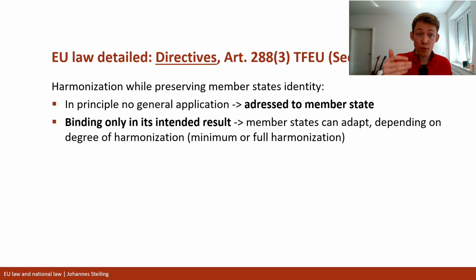So you have to achieve the result that the directive gives you, but the member states can decide how they implement it into national law, through which legal act, and how, what they allow for harmonization. If the EU law act is maybe only minimally harmonizing, they can give a higher standard of protection. And basically they have more control because they make an act of national legislation, like a law, and they have obviously more control on how that looks, how it reads, and stuff like that. Right?